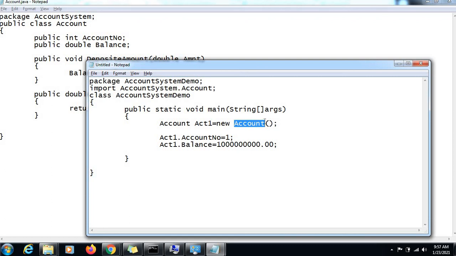So we want a way to set our own values into our variables at the time of creation of an object, and hence we need to write our own constructors. We cannot just rely on the default constructor, right? Because the default constructor will create these variables with the default values, but we want our own data to be set there.